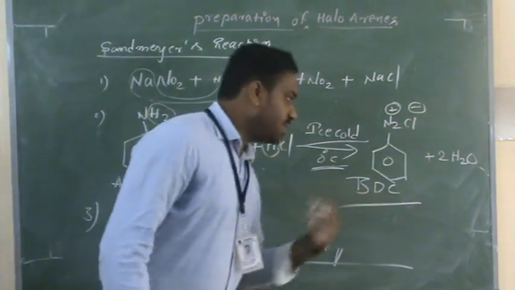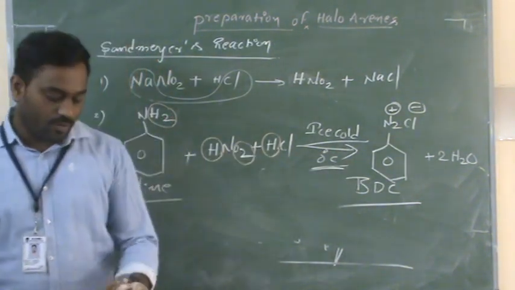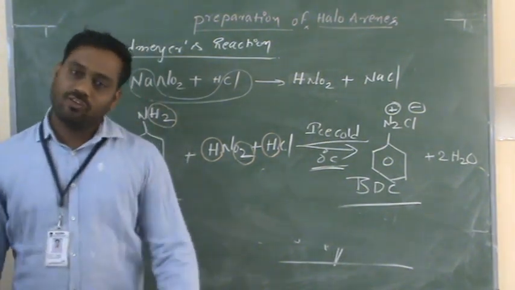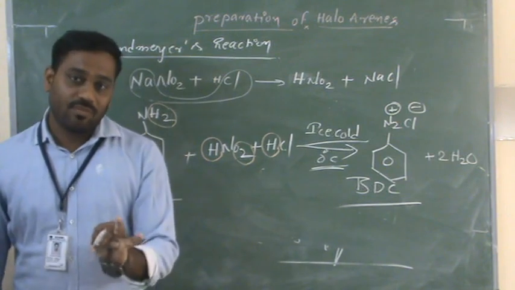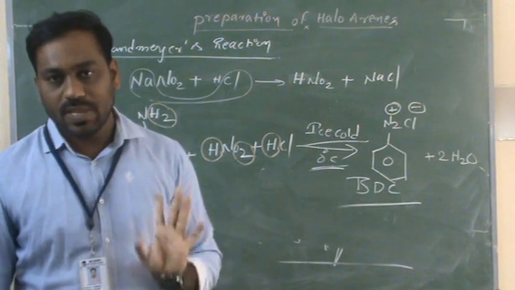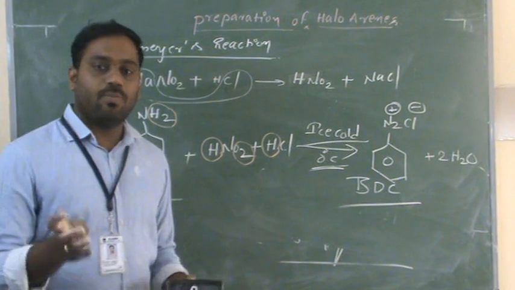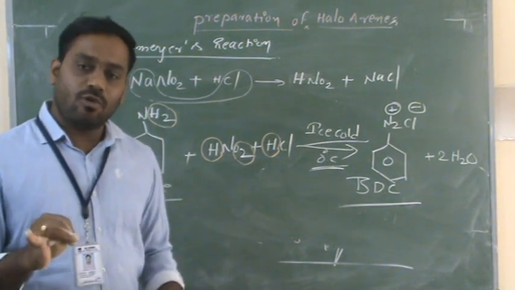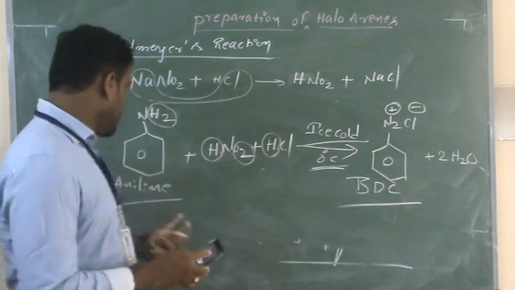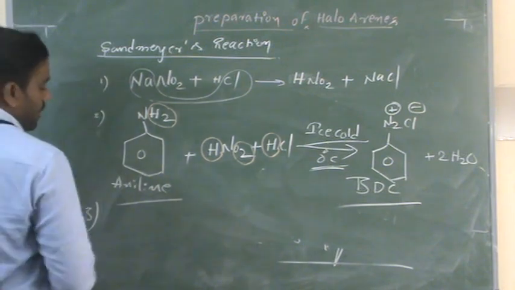This we require in the Sandmeyer reaction by using benzene diazonium chloride. We are going to prepare chlorobenzene, bromobenzene and also iodobenzene, and very important, we are also going to prepare fluorobenzene. So let us start now how we prepare these by using benzene diazonium chloride. It is still the third step. Only one reaction: first step, second step, third step. Third step I am going to write now.